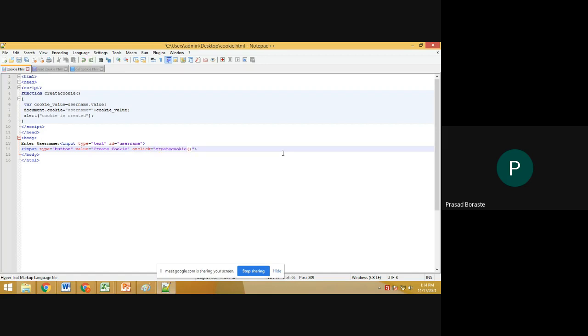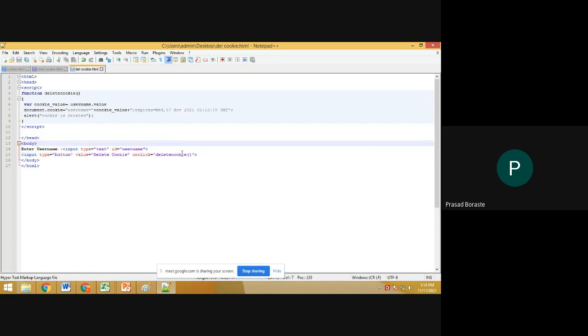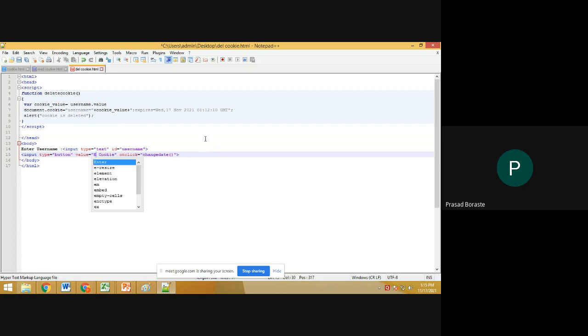This is our example. Here we are extending the expiry date, which means we are providing a new date, so the cookie will expire on that new date.